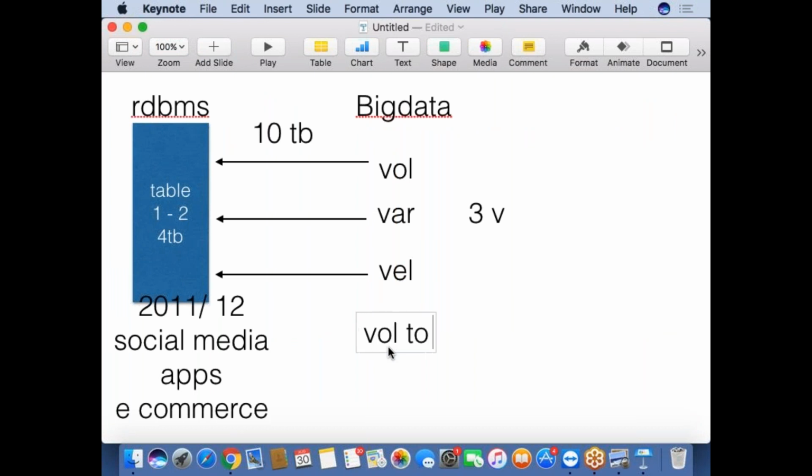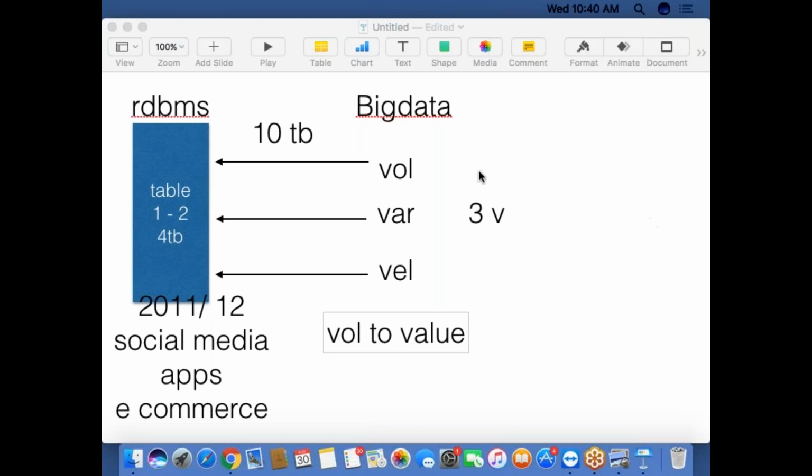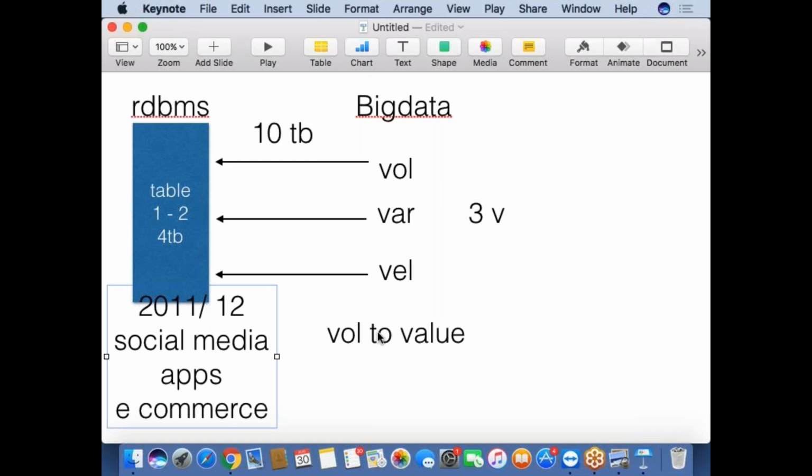Volume to value. You give me the volume, I will give you the value. The more data you get, the more accurate results you can get, and you can work with the clients to target the customer. That's called online target marketing. So their agenda became to get more volume, and they start targeting. And once they start targeting the data being shared, they start asking the customer,